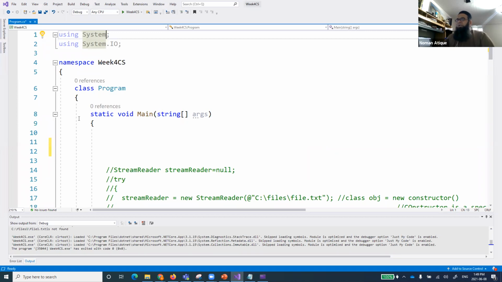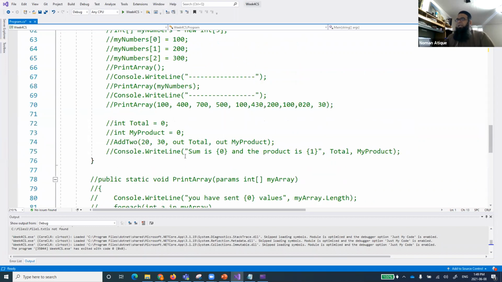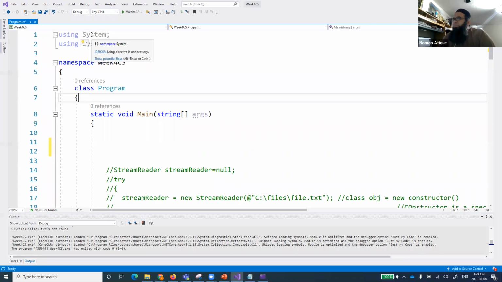If you just observe this program, we have a class, and the class name is Program over here. This class is being maintained inside this main namespace, right? So a namespace is capable of having different classes inside it. If you come over here, you see System is also a namespace, right? And if System is a namespace, it means System will also contain some classes.